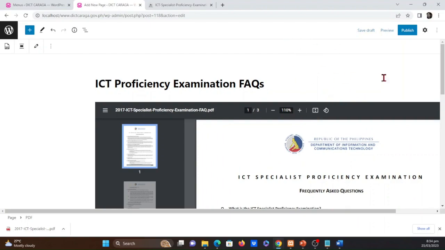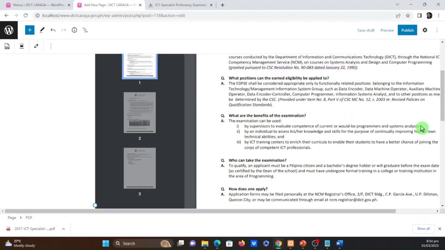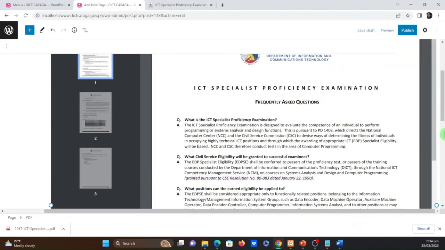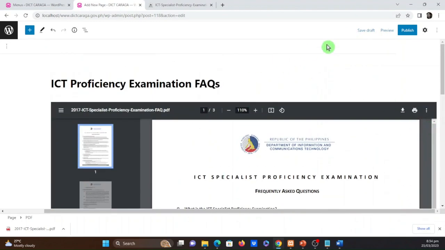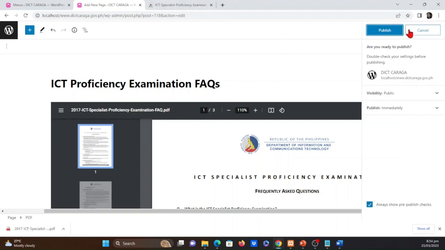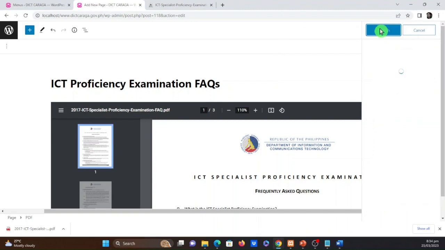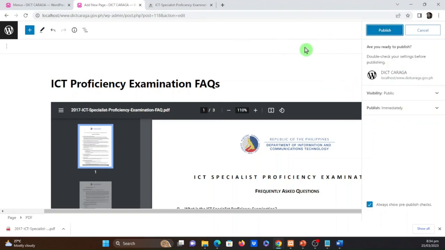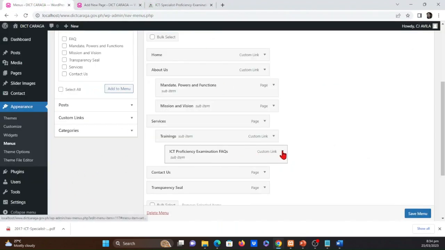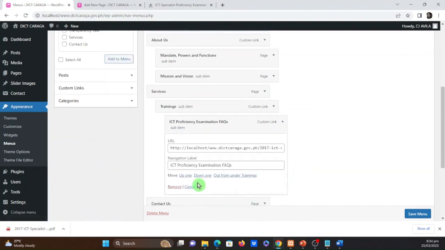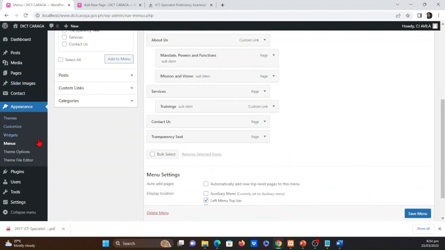Okay, I think this one is better because we had the option to download here and view instead of downloading it and open to another window. Okay, let's try to publish this one. Publish. Okay, now it is being published. So from here, I will remove now this custom link. Instead of using that, I'll try to remove it, and then